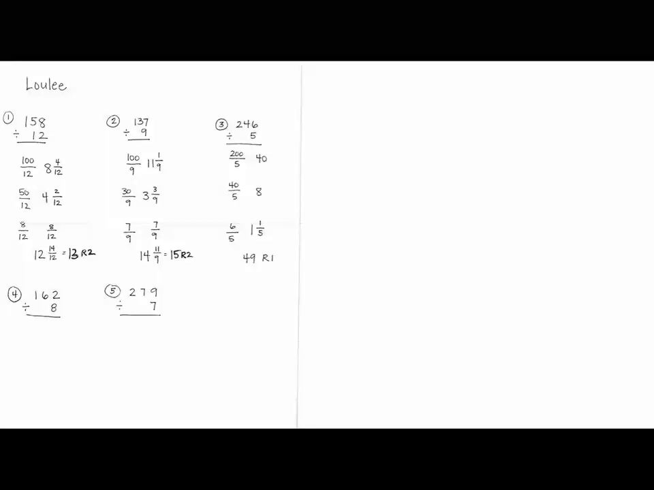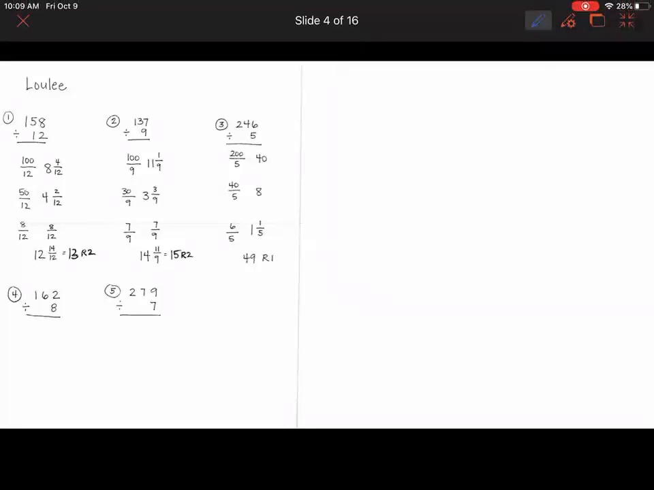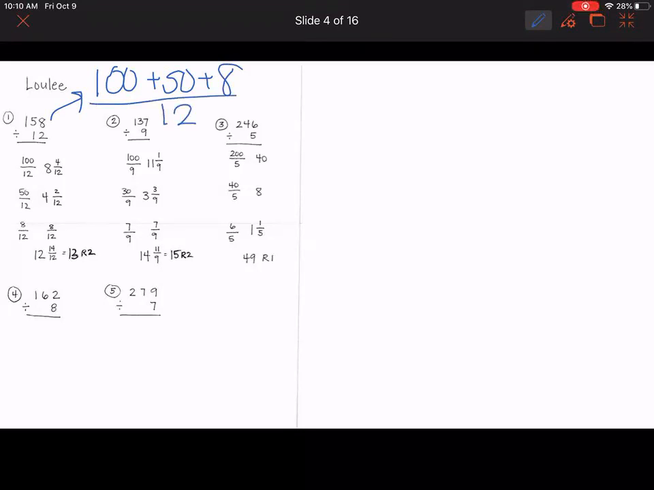Now let's check out Loulee's strategy. What's happening here? What I want you to see is Loulee is now taking note of the place value and, again, the expanded form, right? 158 divided by 12, she can see as 100 plus 50 plus 8, and the whole thing is divided by 12. And now where Samuel's strategy was this idea of subtraction, right? This repeated subtraction, the how many groups,